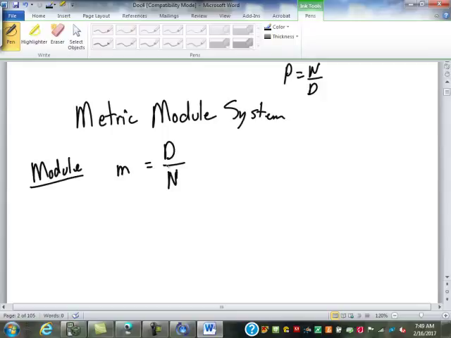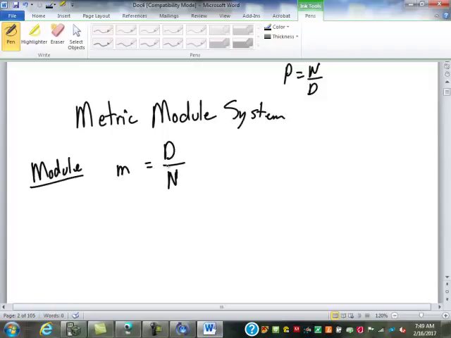And what this gives is, rather than giving the number of teeth per unit of circumference, this gives the distance between teeth. Now again, we're using the diameter instead of the circumference here, so the module itself is not